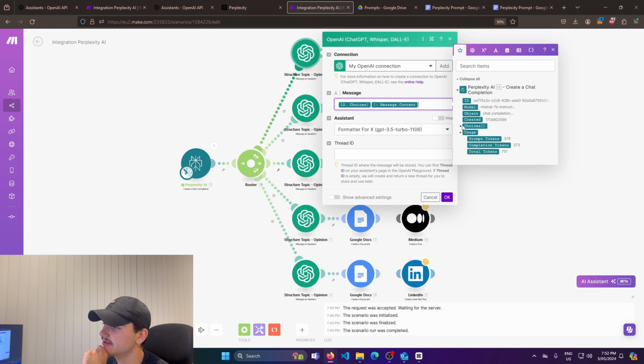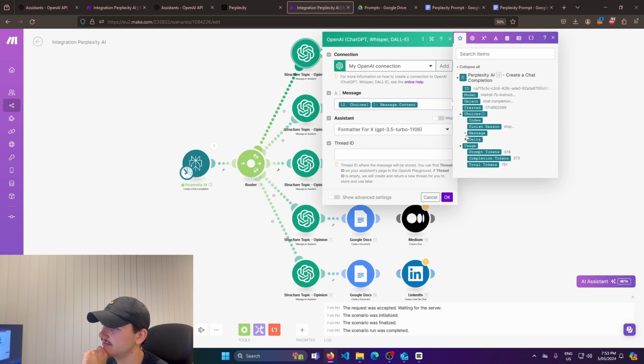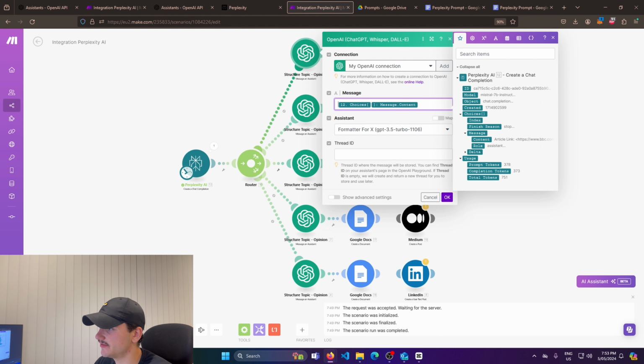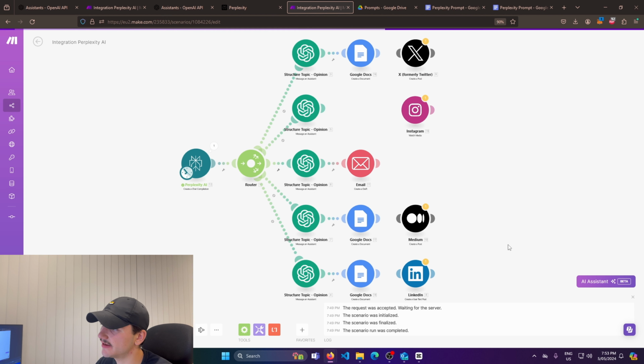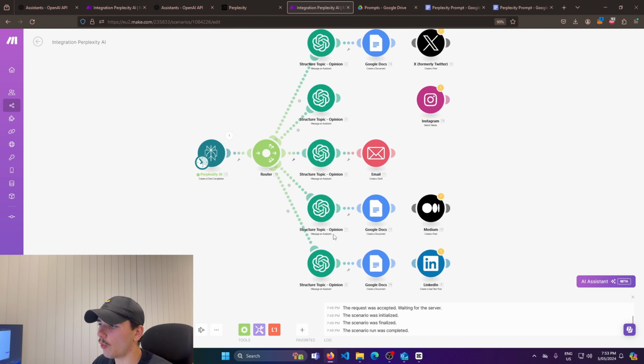So Perplexity, choices, message, content. You'll hit that if this isn't already pre-selected for you, and that basically just gives it the content that was spat out before. You'll head over to your assistant and you'll select the appropriate assistant. The top one here is going to be for X. Once you've done that for all 4,